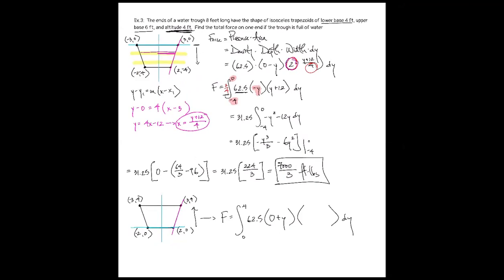All right, so we've got one last question here. Let's take a look at this last one. It'll give us just one more different cross section to keep in mind. One thing you'll notice, for example in number 3, is that this 8 feet long part of the trough didn't even matter. We just wanted to see the force on the end, so we didn't have to account for that 8 feet.